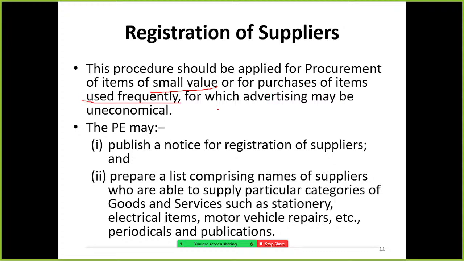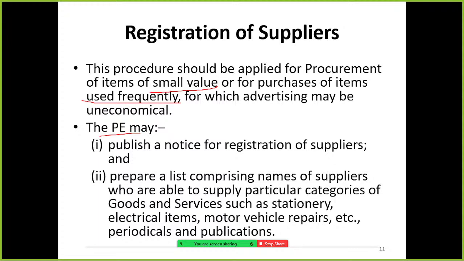To purchase a small bulb, or a small marker, a highlighter, ruler, pen, advertising in the newspaper is not economical. So they have the list of registered suppliers, and among them they can call for quotations and purchase.